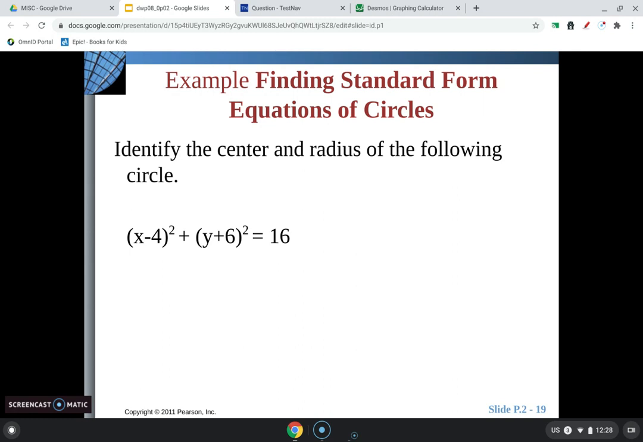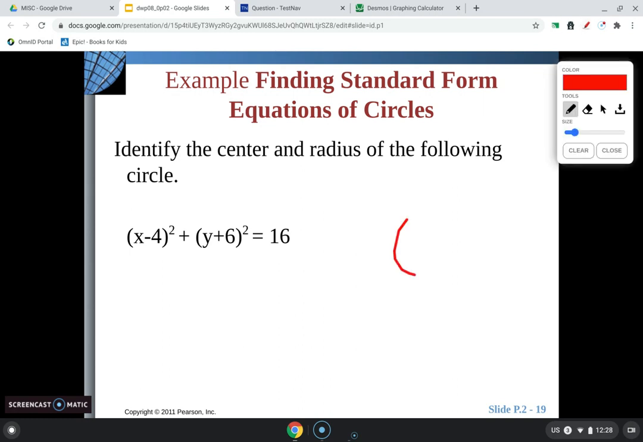All right, and then we can go backwards. It says identify the center and the radius of the circle. Well, center would be the opposite. So (4, negative 6). Remember, you do the opposite there. And then you take the square root of 16 to find